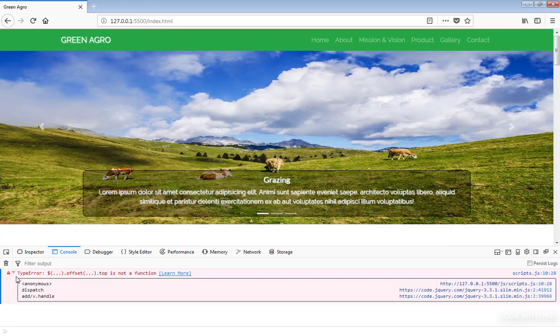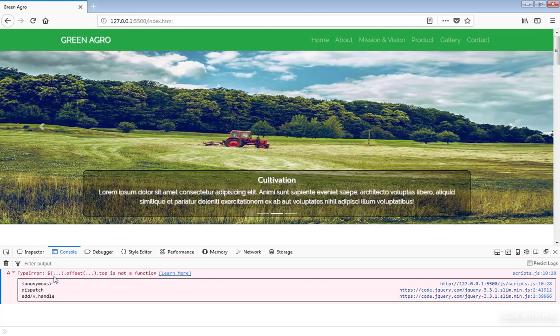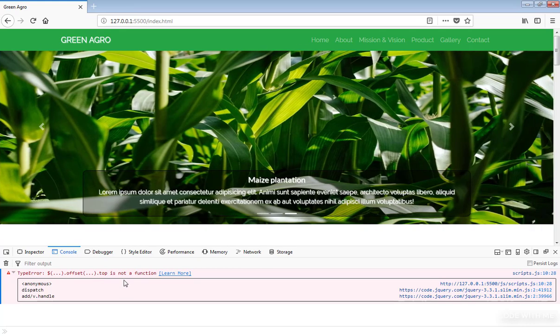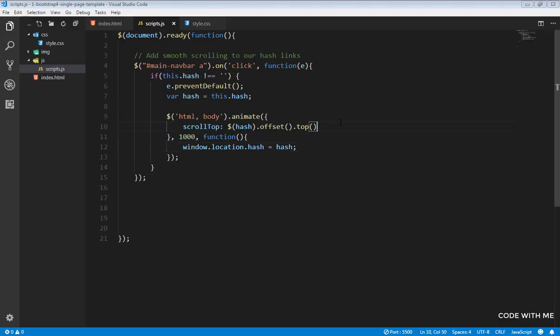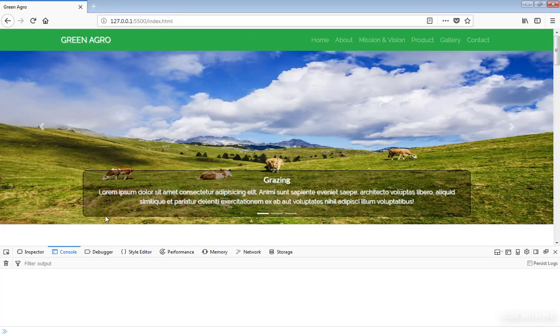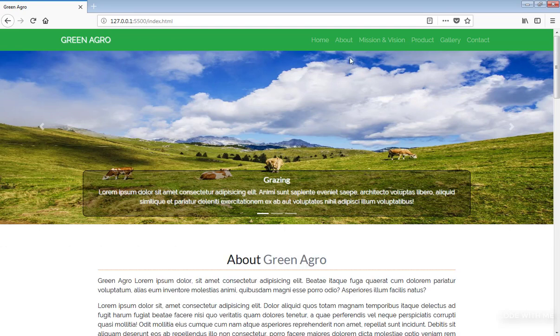Okay, so here we have a problem. Type error, something dot offset dot top is not a function. Oh, I know what happened. This should not have a parenthesis. Okay, I think that error is gone. Let's see what happened. And okay, it is